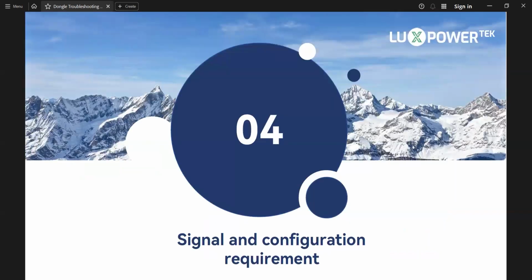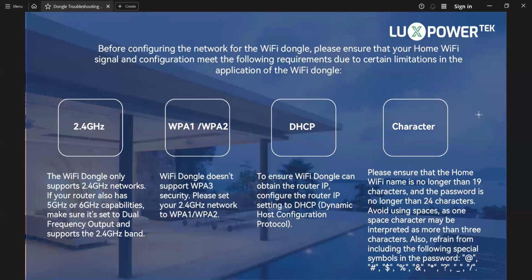Number four, signal and configuration requirements. Before configuring the network for the Wi-Fi dongle, please ensure that your home Wi-Fi signal and configuration meet the following requirements due to a certain limitation in the application of the Wi-Fi dongle.